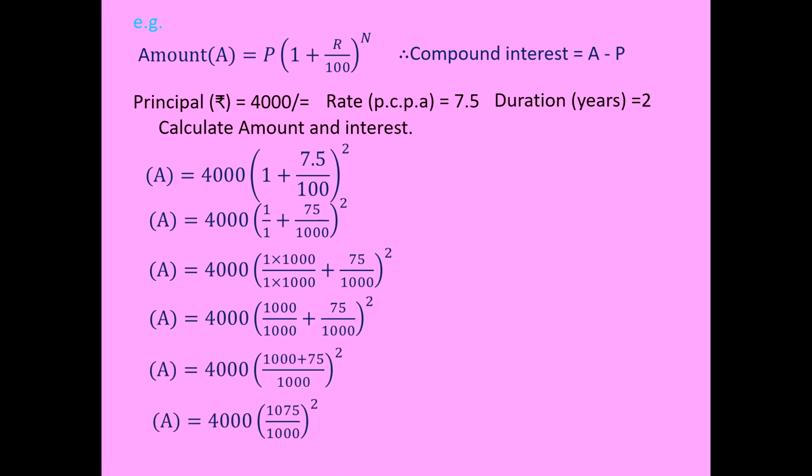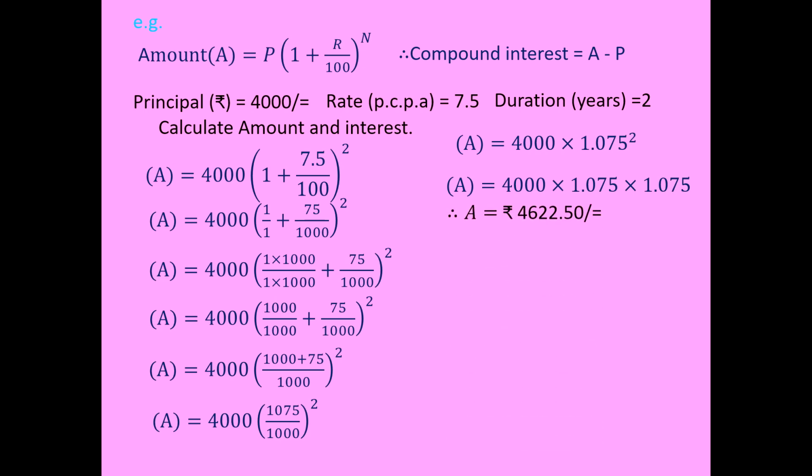4000 into 1075 upon 1000 raised to 2. That we will write in a multiple form. So amount equals 4000 into, first we have converted into decimal form, so you will get 1.075 raised to 2. The same thing I will write in a multiple form: 4000 into 1.075 into 1.075, simplification,